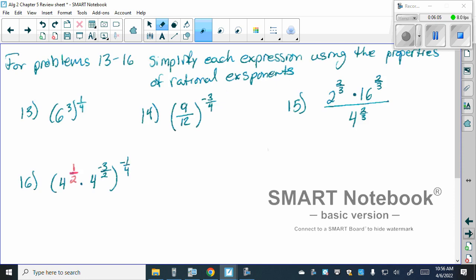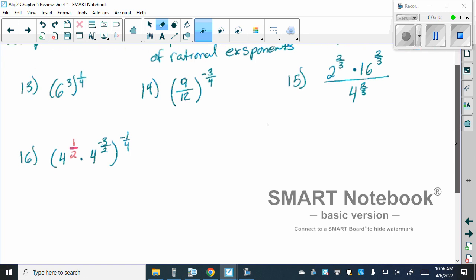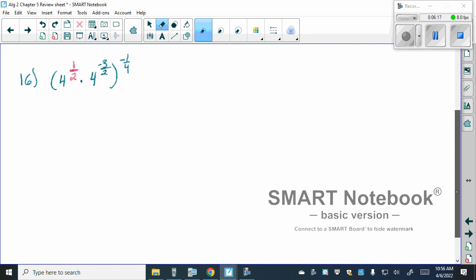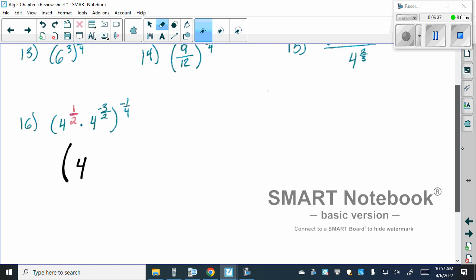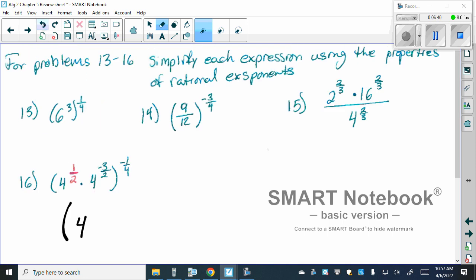Questions on 13 through 16. And 16's answer is wrong in the answer key. So when we look at this one here, if we type it into the calculator it will give us an ugly decimal. But if we use our properties of exponents, one of them, if we multiply like bases, we add the exponents, which here is not too bad. So we would add the exponents together,